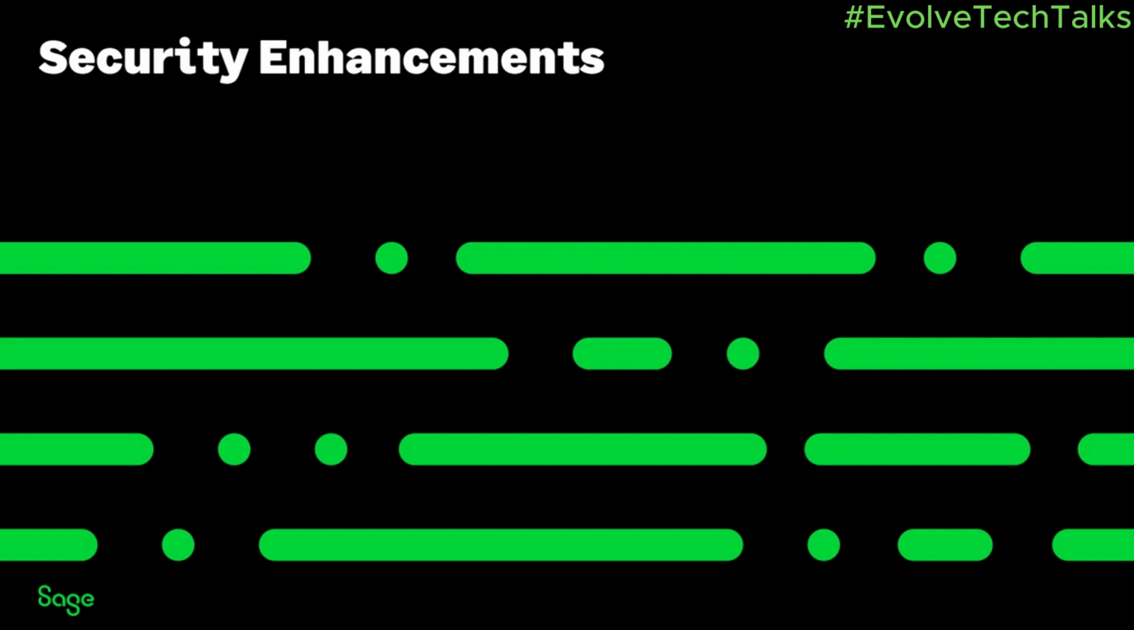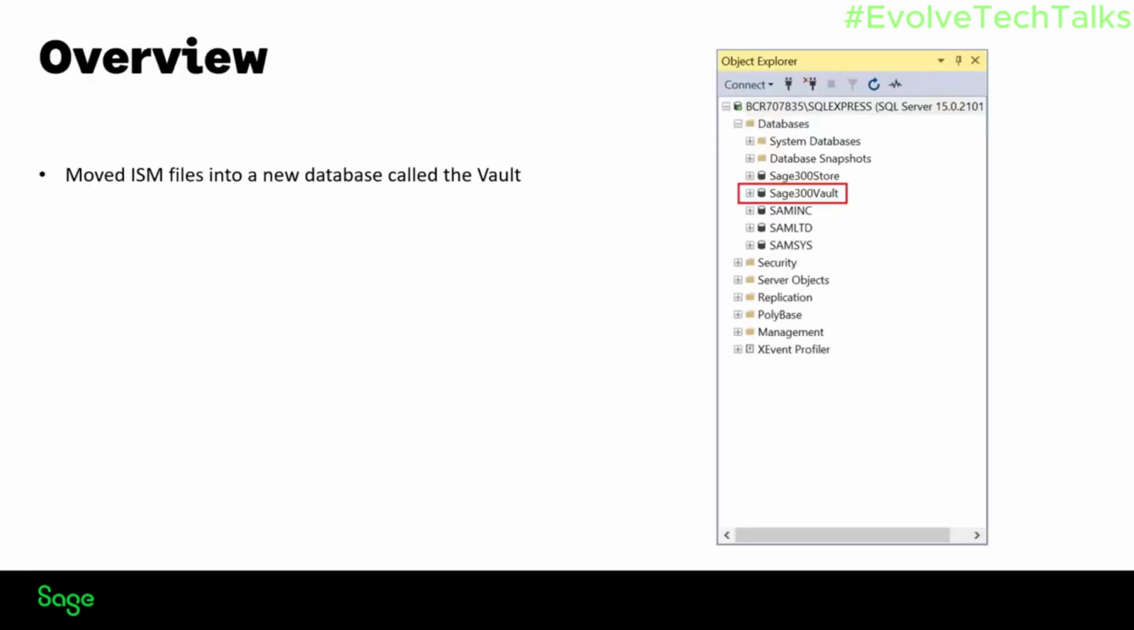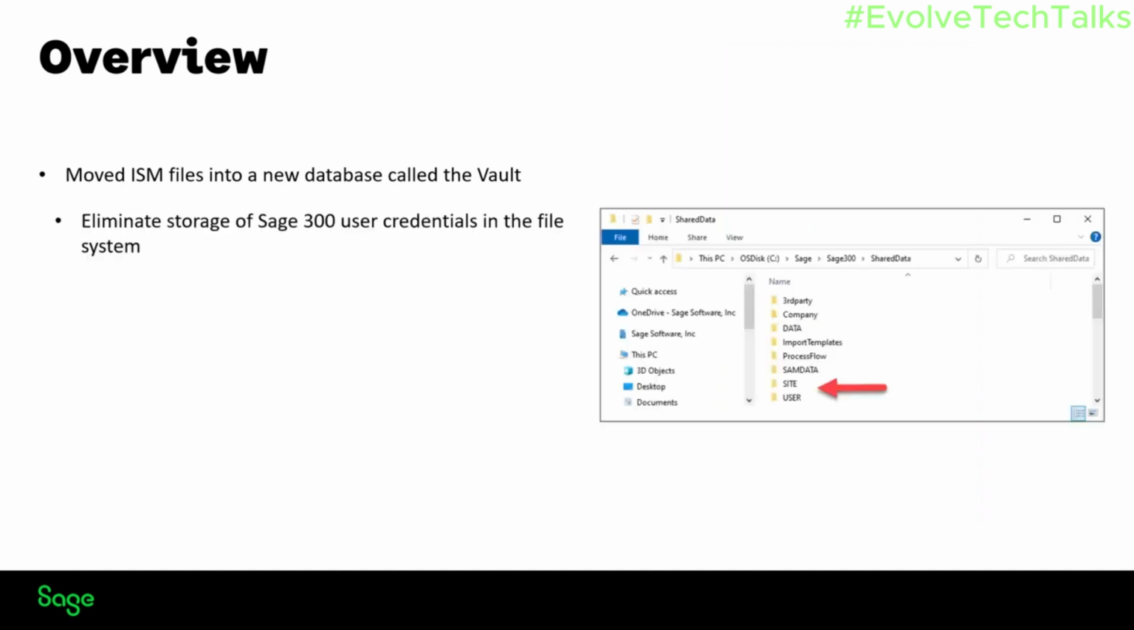Let's start by looking at the security enhancements available in Sage 300 Cloud Web Screens and in the Sage 300 Classic Screens. Sage 300, both the desktop and the web screens, now contain a vault database which eliminates certain ISM files in our shared data location that contains sensitive Sage 300 user credentials. Moving this content into the vault allows us to eliminate the storage of Sage 300 user credentials on the file system,